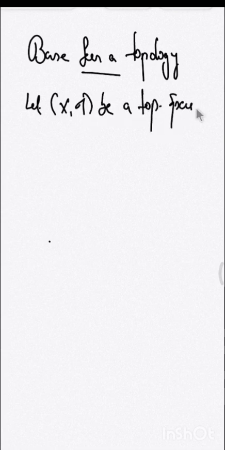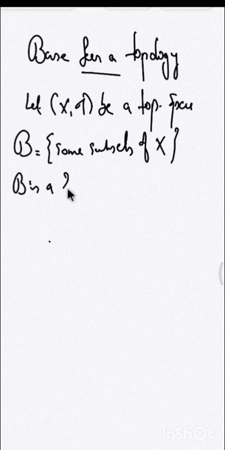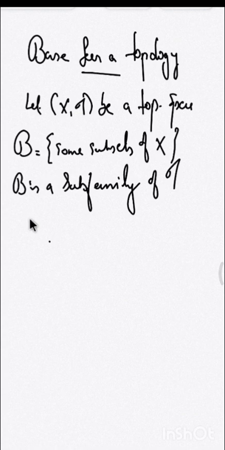Suppose we have a topological space (X, tau). Then a base for a topology is a collection B consisting of some subsets of X. This collection B is a subfamily of tau, and it is called a base for tau